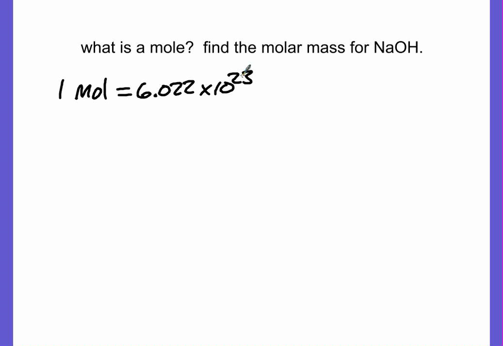So finding the molar mass for sodium hydroxide, because we're going to use it for some examples. It should be something you can do already. All you have to do is look up those values on the periodic table. Sodium has that average atomic mass of 22.99, oxygen is 16, and hydrogen is 1.01. So you add those things up, and that gives you your molar mass, right? If I add these up, I end up getting